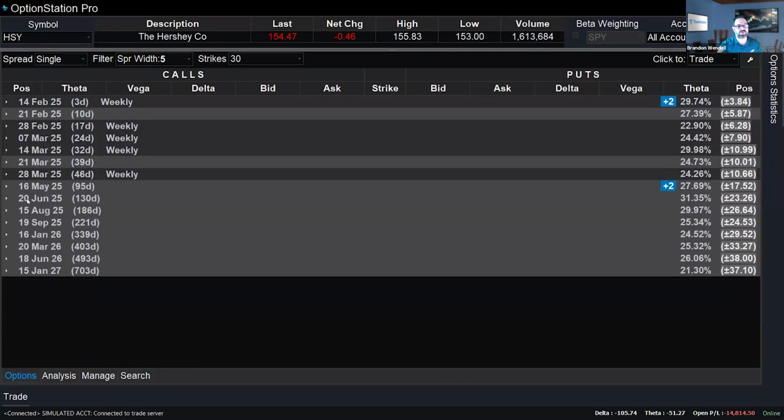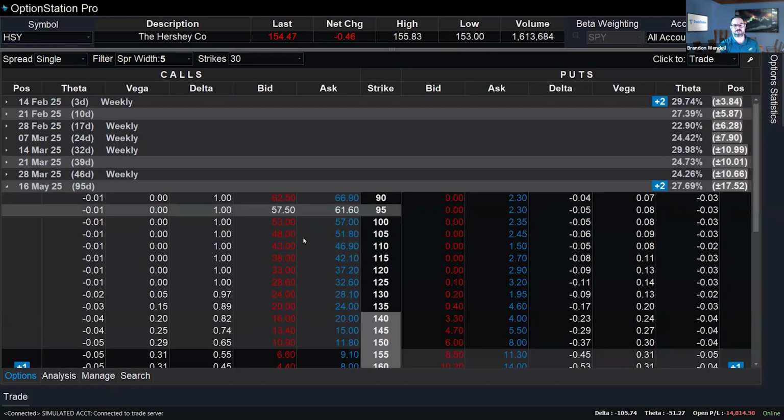So if I were to go out once again, longer term, I want to have at least 30 days left at the earnings release. And typically I might even exit before the earnings release because I don't have to worry about the price movement. As long as we get a big move, it's great. If we don't, I just need that big move in volatility. And that's really what we're playing there.